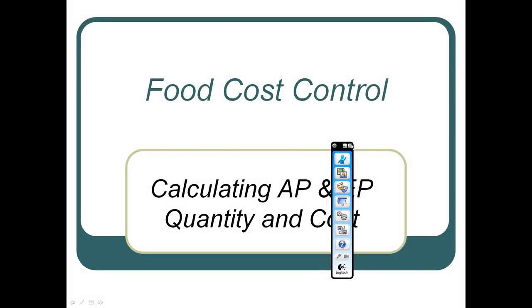All right, so at the end of the recipes video, I touched on EP and AP, and essentially how we need to convert between the as purchased and the edible portion. The example I used was an onion. If I buy an onion from the grocery store,